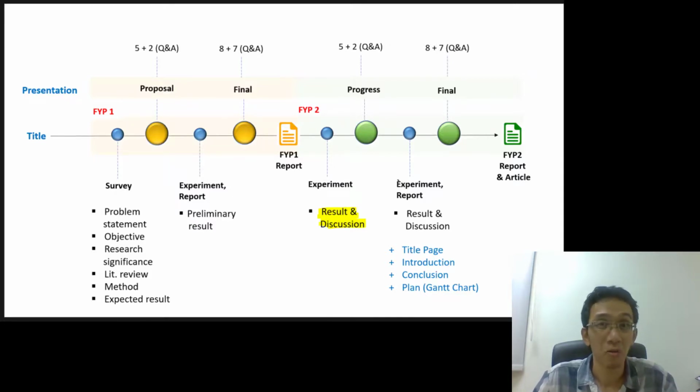For the result part, you just need to put whatever is necessary, not everything that you want. Remember, there is a difference between what you should put and what you want to put. If you put everything, you will get carried away. So you need to choose. If you have a lot of data, then you need to choose which data you want to present. If you have less data, that is a different story.